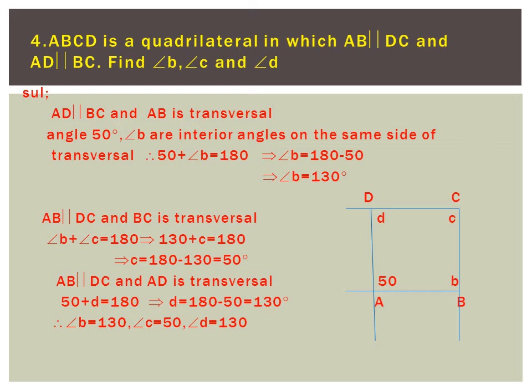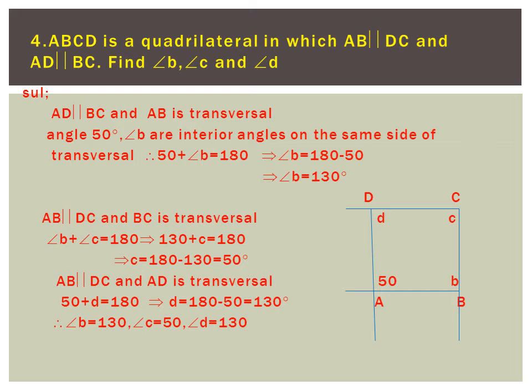ABCD is a quadrilateral in which AB and DC are parallel and AD is parallel to BC. So, opposite sides are parallel is given. Then we have to find angle B, angle C and angle D. So observe here. First, just for you to understand, I extend some lines also.